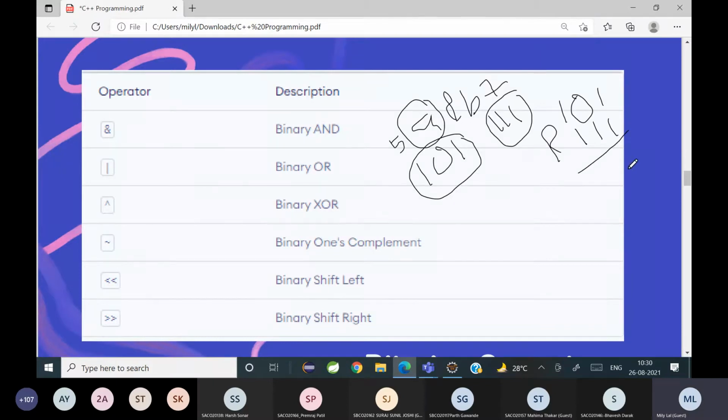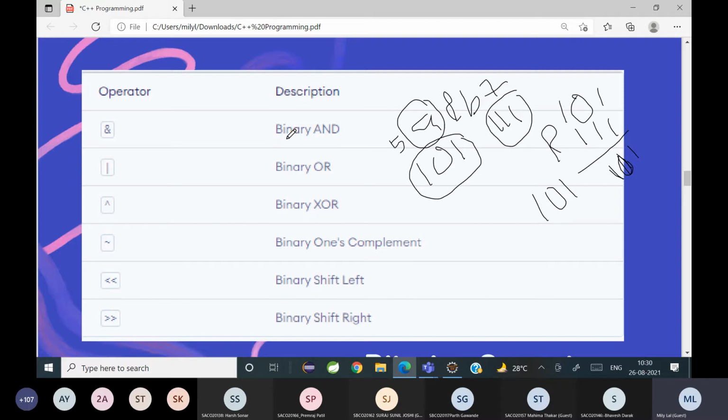Can somebody tell me? So this is going to be 1 and 1, right? 1, 1 is going to be 1. 0 and 0 is going to be 0, and 0 and 1 is going to be 0, and 1, 1 is going to be 1. है कि नहीं? It's 1, 0, 1. Bitwise है ना? हर एक बिट को AND करेंगे. So that's how binary AND works.